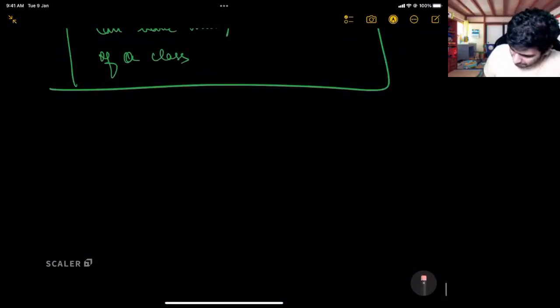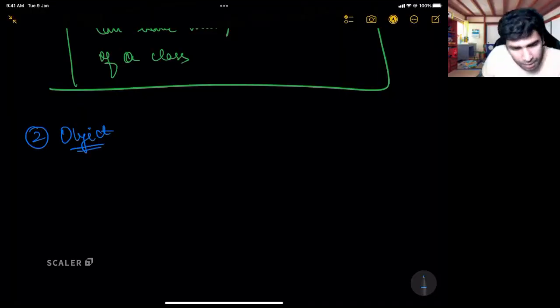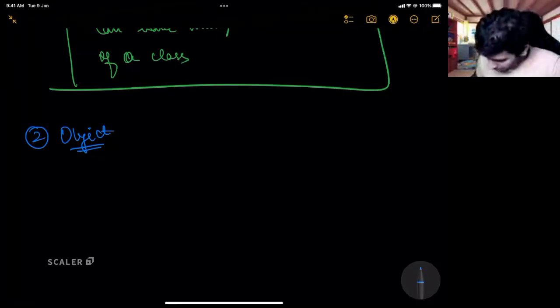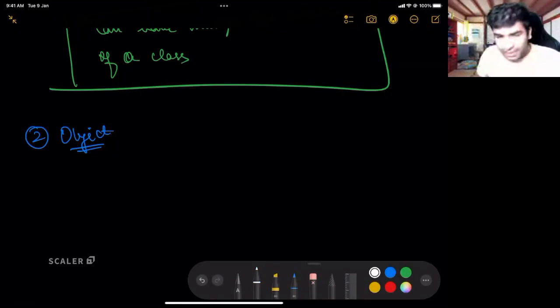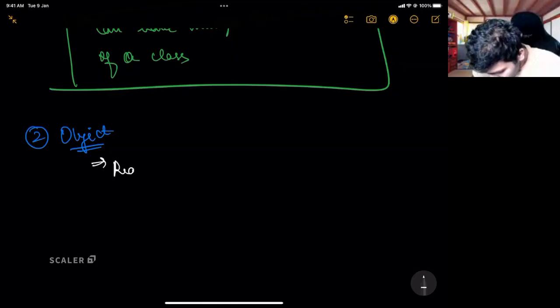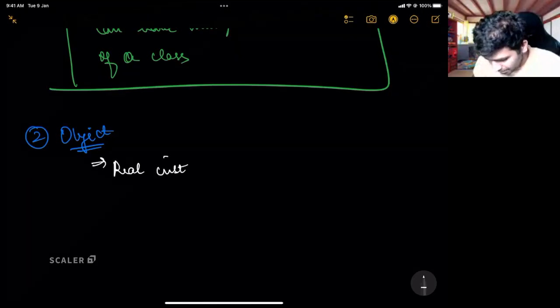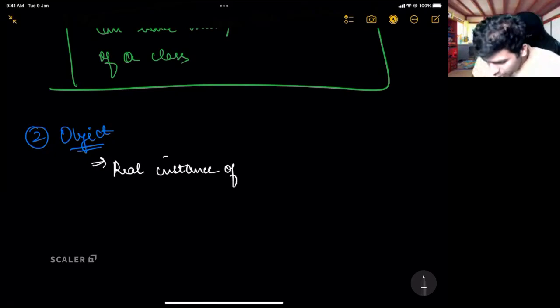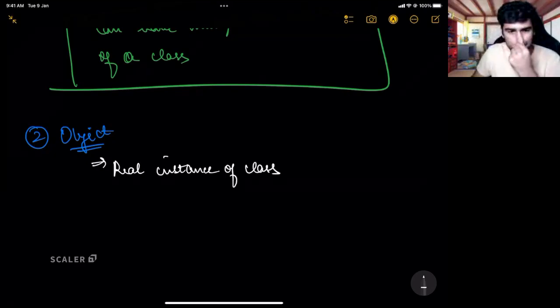So what is an object? Saurabh, we will get to that. Don't worry, all of these things are going to be covered. Object. What is an object? An object is a real instance of a class. Will it occupy memory?